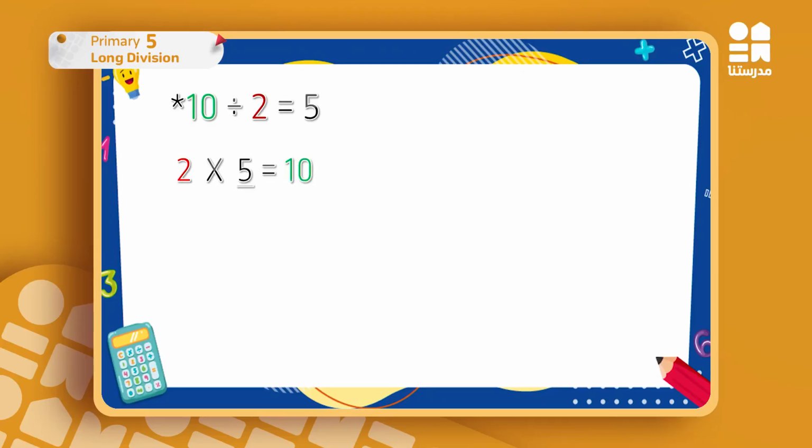Now we will see two examples, one of them with a remainder and the other one without a remainder. 10 divided by 2 is equal to 5. Then I want to know why it's equal to 5, because 2 times 5 equals 10. طيب 2 times 5 equals 10. خلاص, already I want to divide 10. Do I have any remainder here? No, of course not. The remainder is 0 because I had 10 things that I wanted to divide, and when